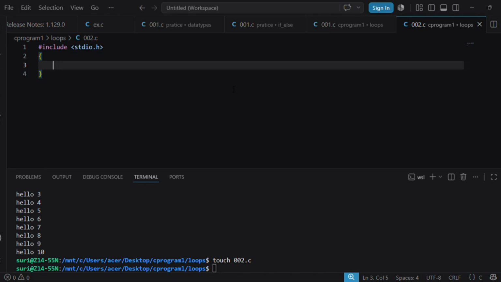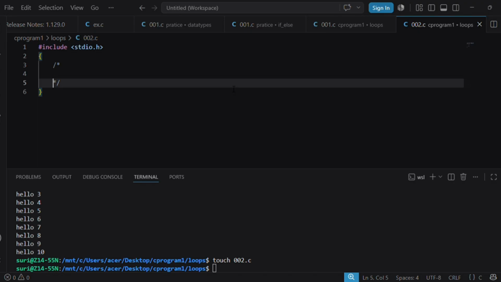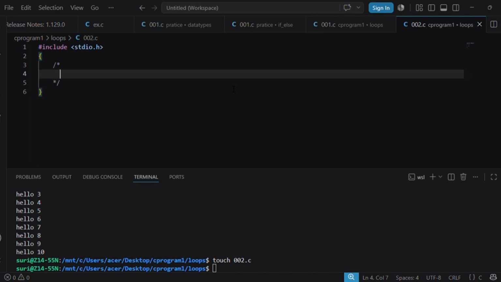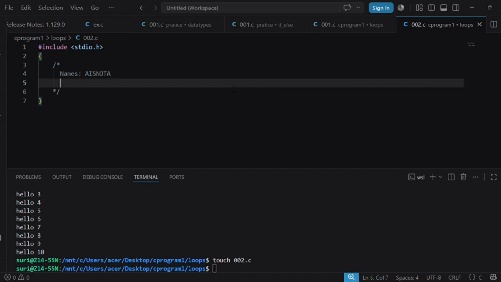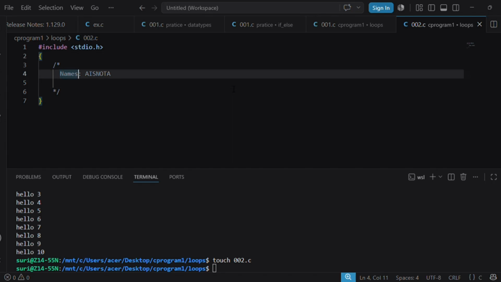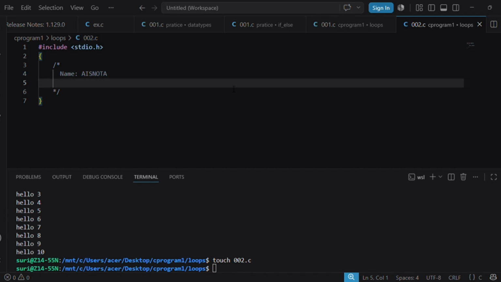Documentation is nothing but declaring what this file is and who created this file. Here I am typing name, and then date.